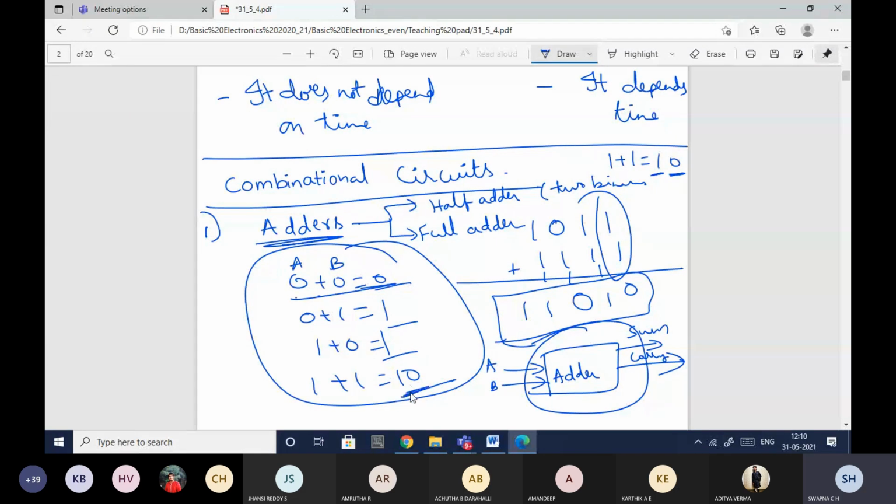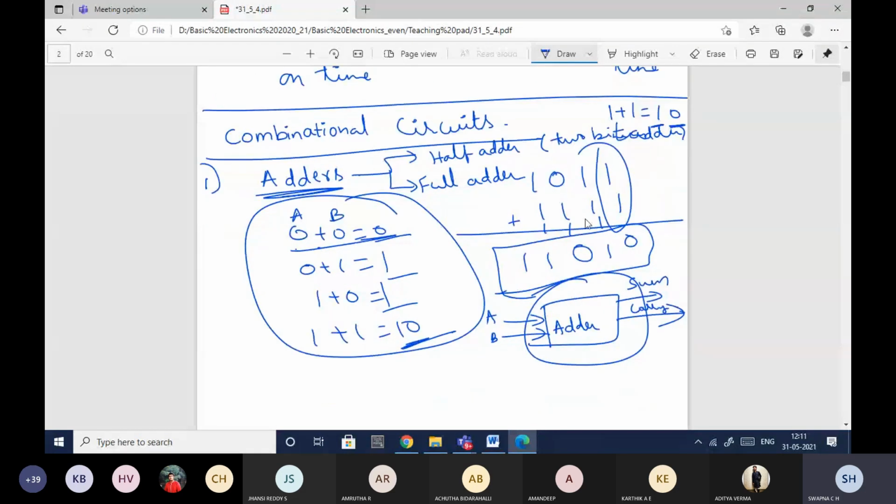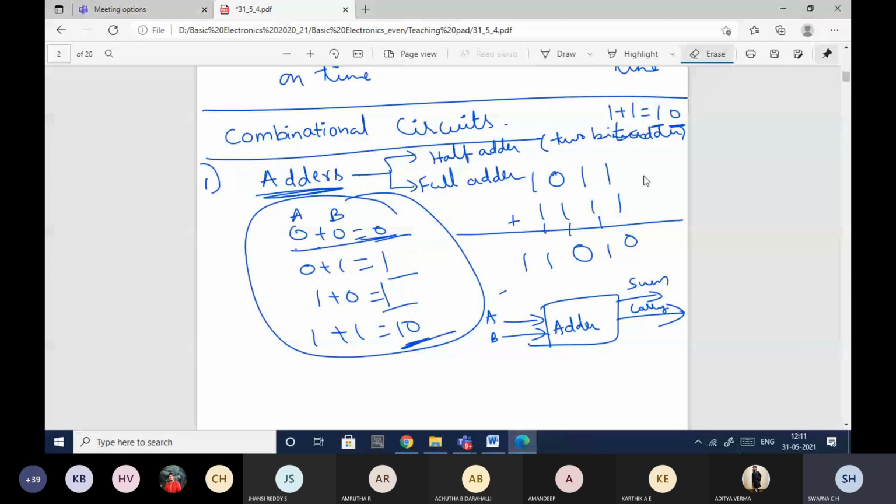Okay, and coming to the full adder, if I want to perform addition between two binary numbers like this, what is happening? 1 plus 1, 1 0. Okay, first time no problem. But here if you check, I have to add 3 bits. 1 plus 1, 1 0, 1 0 plus 1 again. Three times I need to add. Okay, 1 with 1 and again that with 1. 3 bits I need to add here.